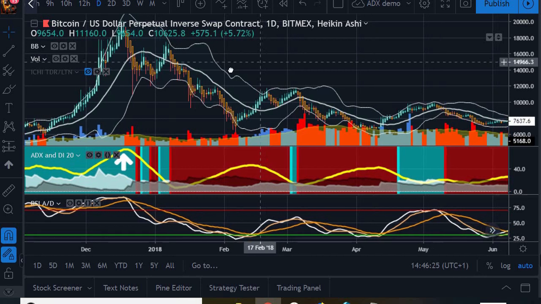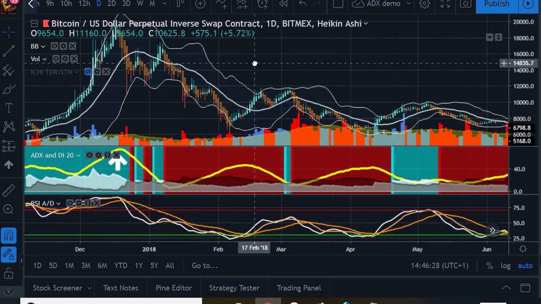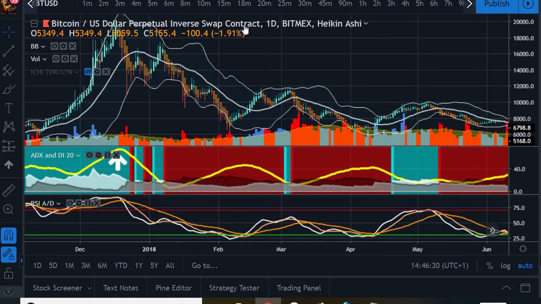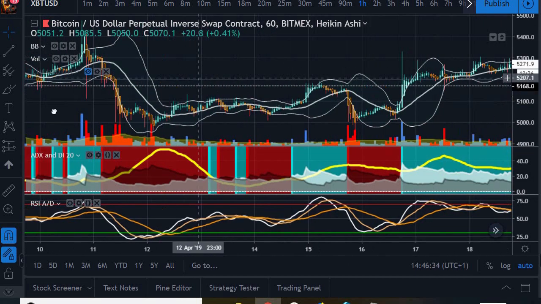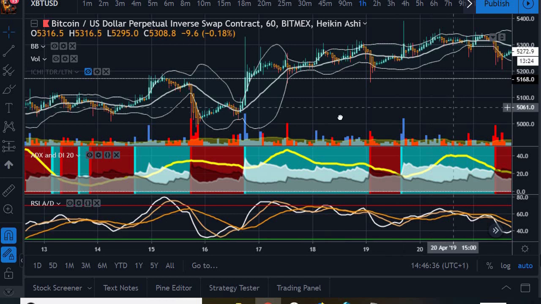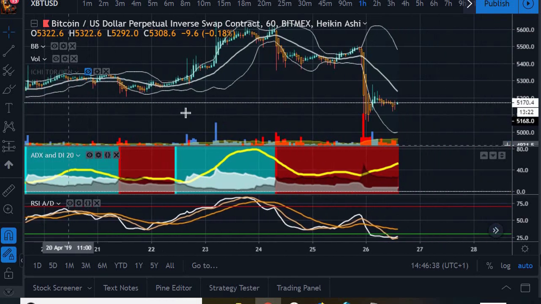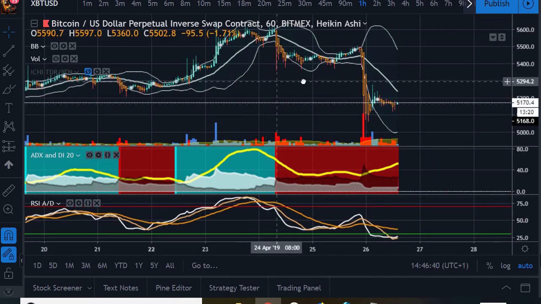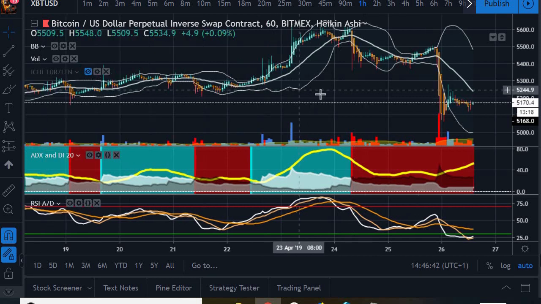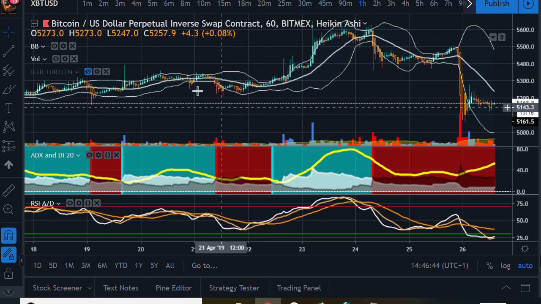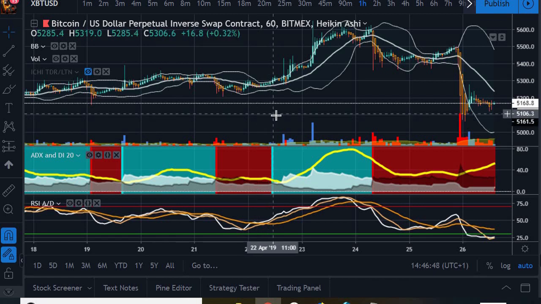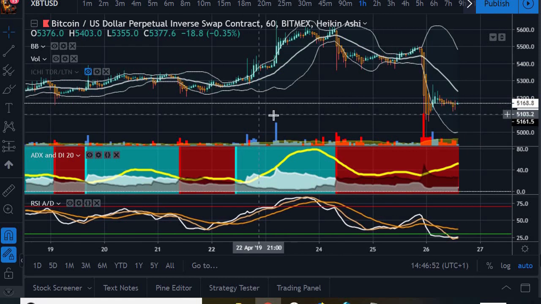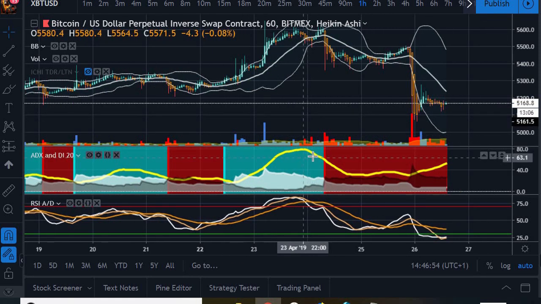I mean, you do have to be a little bit careful sometimes, especially on lower time frames, because I'll show you on the hourly, just looking at what happened in the last few days. So here's an example. Again, what's happening here? This was a very weak downtrend that basically finished, and then it started emerging here. But you see right here, this peaks